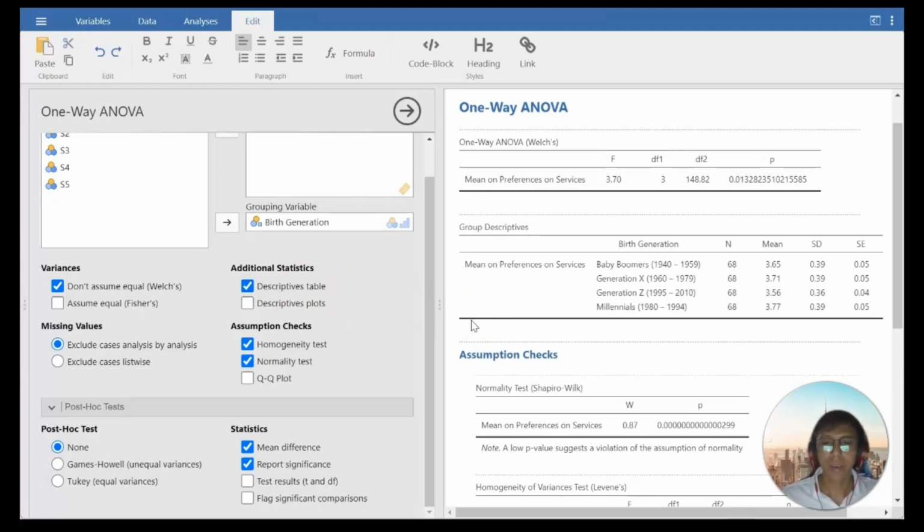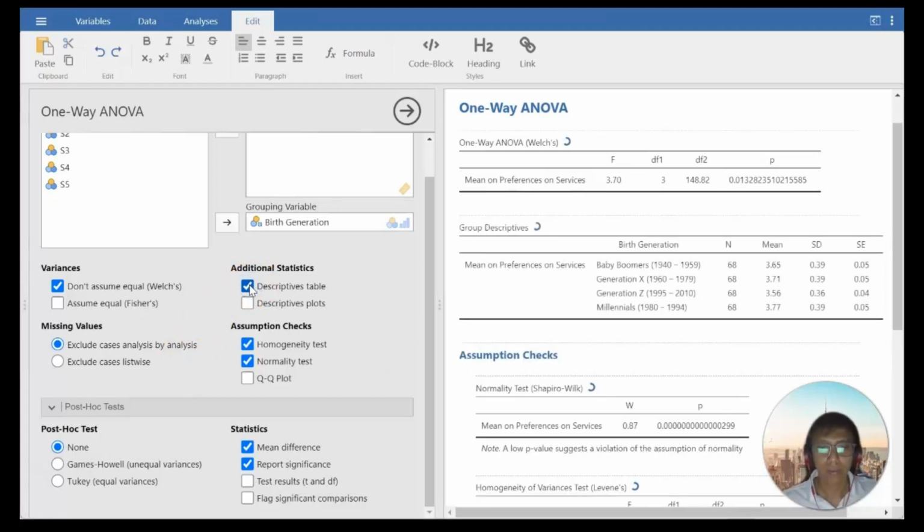If the p-value is less than your chosen significance level, which is usually 0.05, you can reject the null hypothesis and conclude that there is a significant difference between the groups. Additionally, Jamovi will show you the descriptive statistics, this one, for each group, such as the mean and the standard deviation.